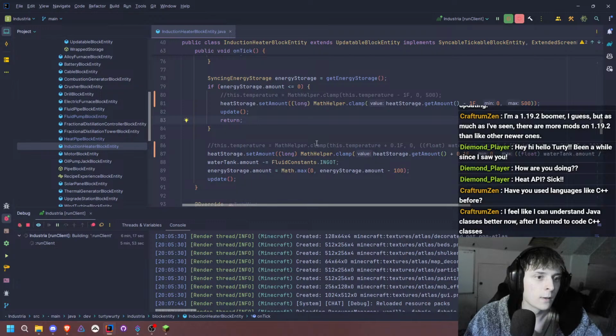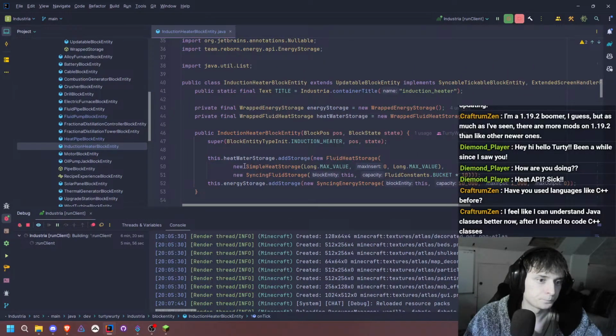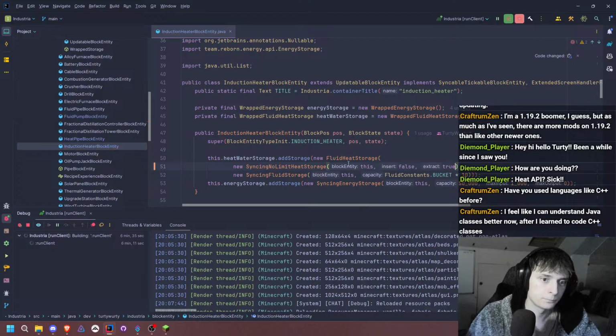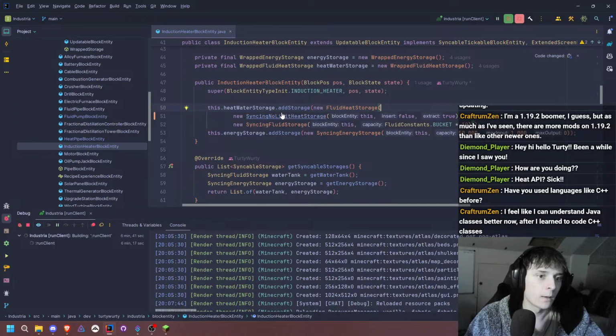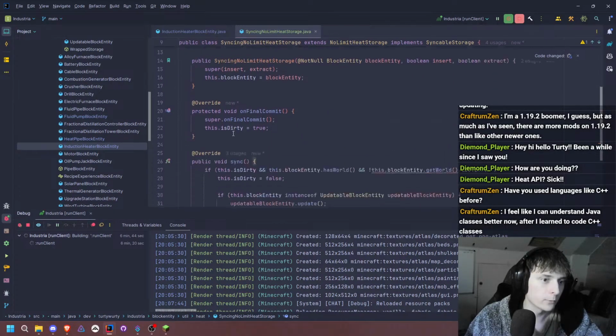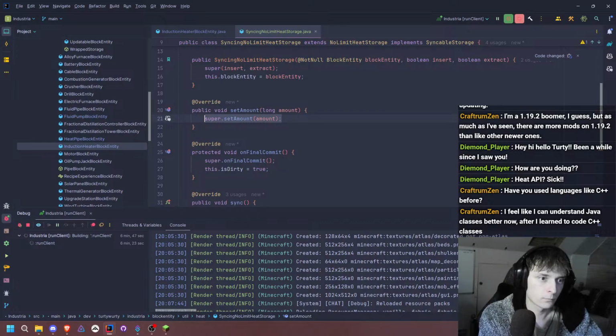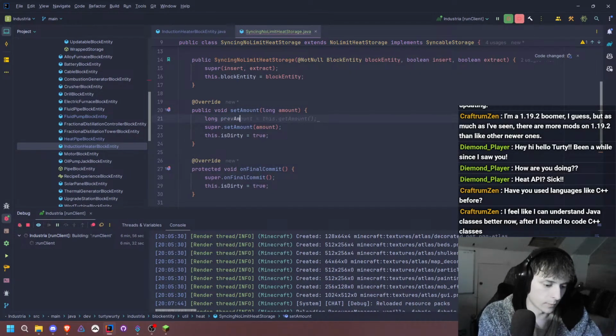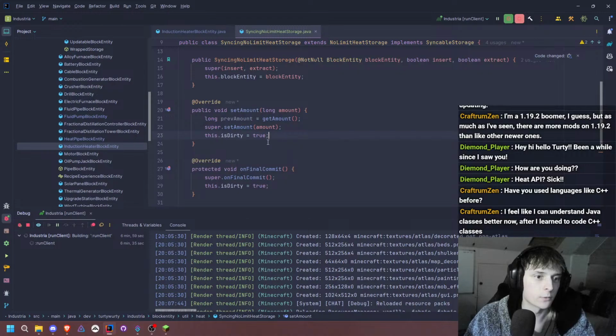If I go into the sync, let's make this a syncing no limit heat storage. And then we'll go this false true. Okay. So we'll do that. And then in here, when I call setAmount, then what we'll do is we'll set dirty to true. Long previousAmount. We'll do a check so it's not constantly